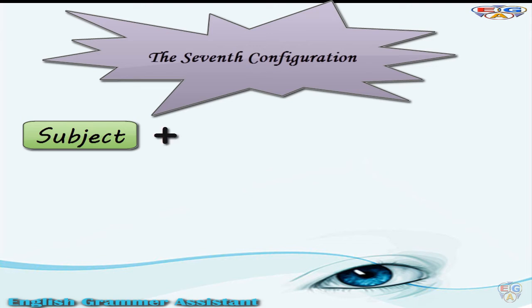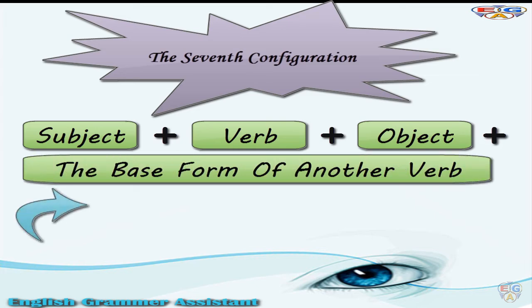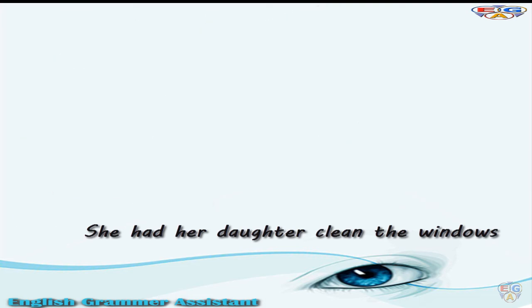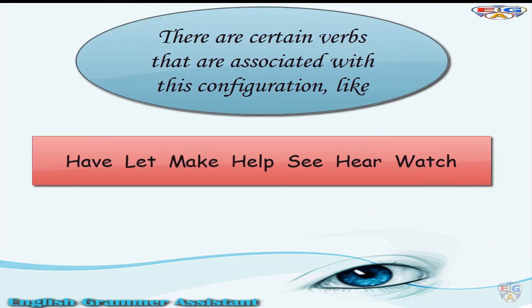The seventh configuration. This configuration comes as follows. Subject, plus verb, plus object, plus the base form of another verb. For example, she had her daughter clean the windows. There are certain verbs that are used with this configuration, like